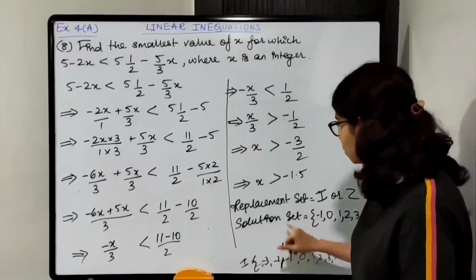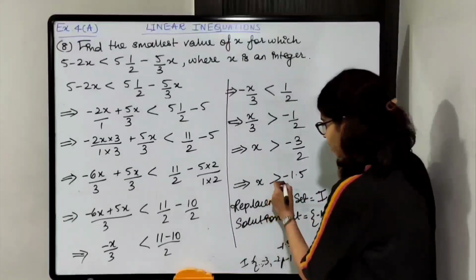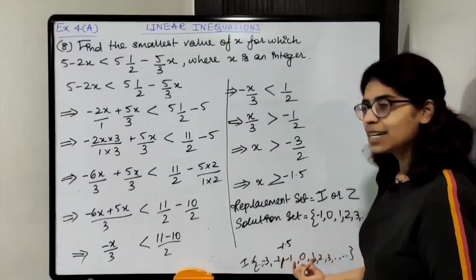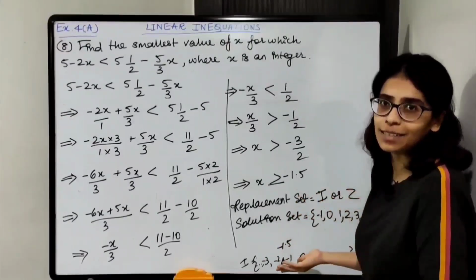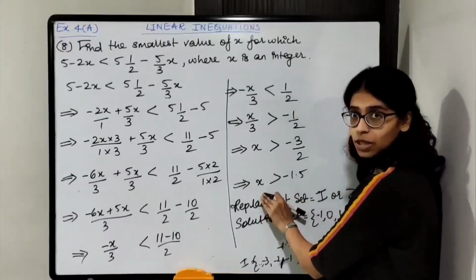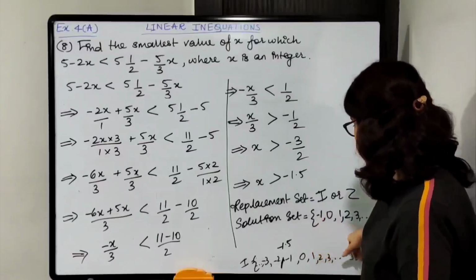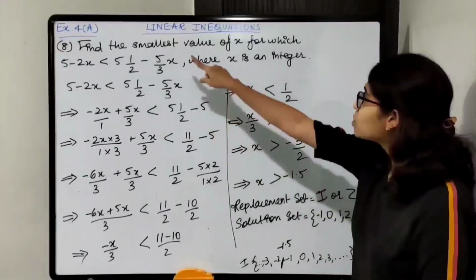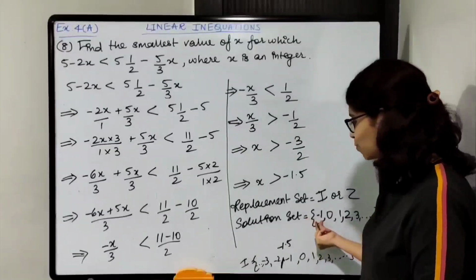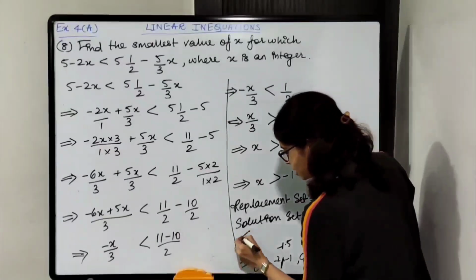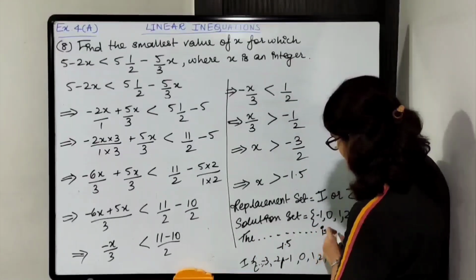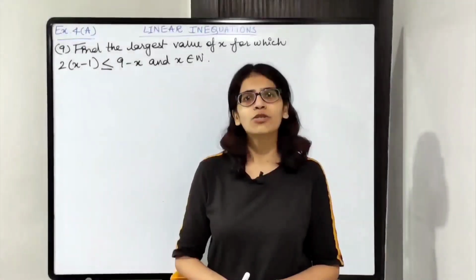So -1.5 नहीं आएगा. Okay, even if it would be equal to, it would not come because in the set of integers there is no decimal. Decimal है ही नहीं. So decimal नहीं आएगा even if you have equal to over here. Okay. So these are the values. You have to find the smallest value of x over here. Smallest कौन सा होगा? -1. So write down after this the smallest value of x is -1. So continuing with question number 9.